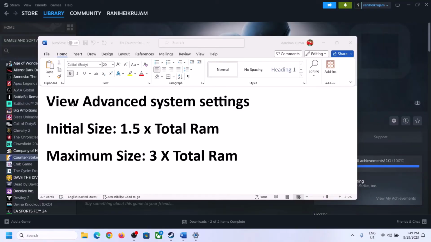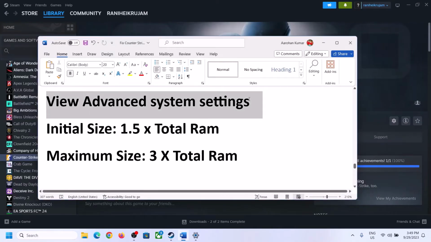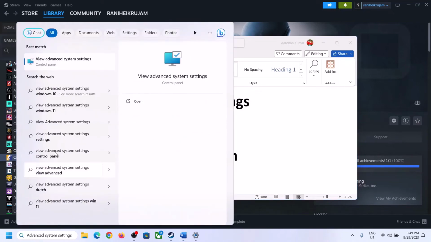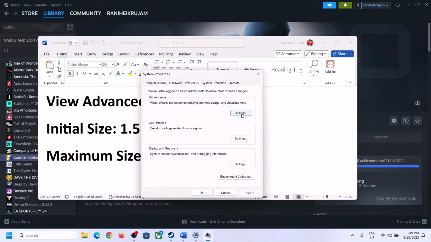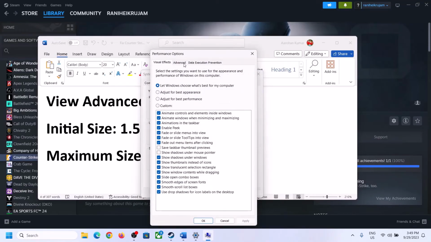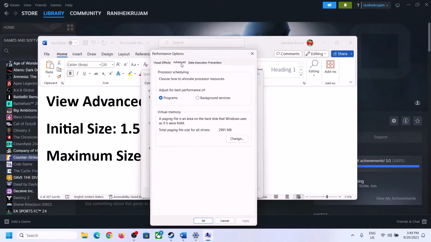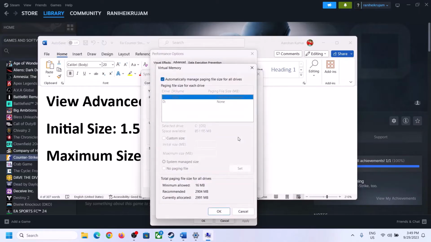If that does not work, increase the virtual memory. So to increase the virtual memory, type in view advanced system settings in the Windows search box and then click on view advanced system settings and then click on the first settings and then go to advanced tab and then click on change over here and then select the drive. So uncheck the box which says automatically manage paging file size for all drives. Uncheck this box and select the drive where the game is installed. So select the drive and then once you select the right drive, now put a check on custom size, and